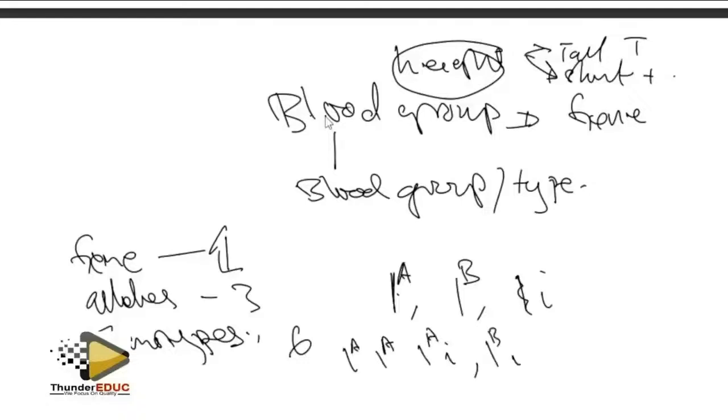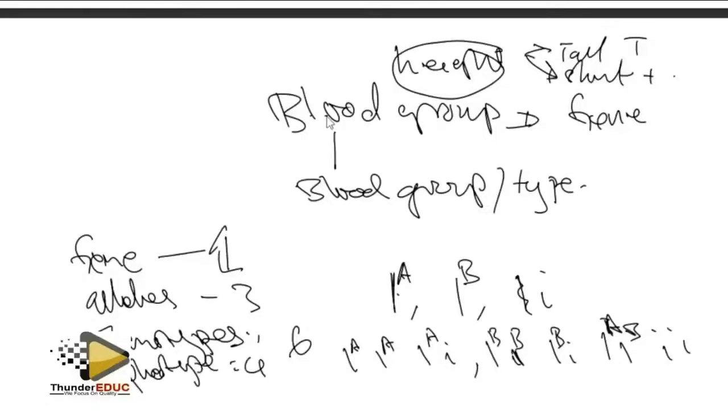B is either homozygous or heterozygous, that's 1, 2, 3, 4. Then you have AB, and then you have that for O. So 1 gene, 3 alleles, 3 genotypes, and then phenotypes,